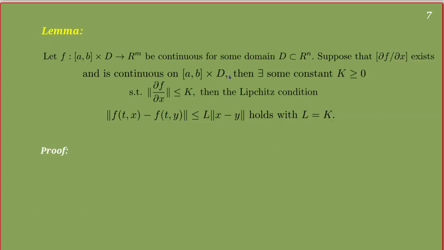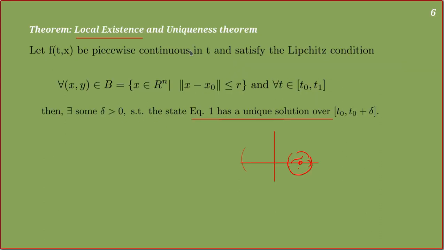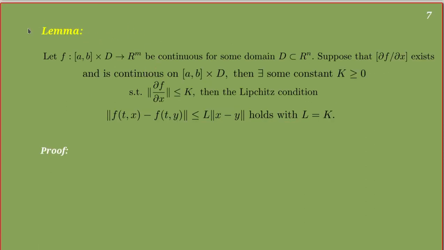And there is a lemma which shows when f satisfies this Lipschitz condition. Okay, so here we saw that if the Lipschitz condition is satisfied and if the function is piecewise continuous, then we have a unique solution. That is what we saw in this theorem. So now what we have to see is this lemma. So when does